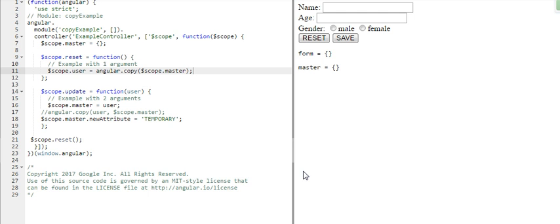So I'm showing this by a snippet I have. As you can see, there are two forms, form and master. Form is basically the user data we are getting from the view. So if I add something here,